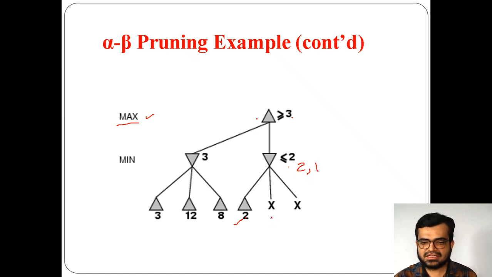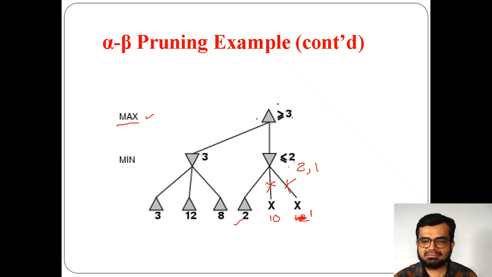Even if you have taken 10 here and 12 here, which is the minimum value among all of this? 2 is the minimum value. So there is no need to go to this node, because ultimately the result will not change. Here we are getting 2 even if you take any value. If you take 1 here instead of 12, which is the minimum value? 1. That's why it is less than or equal to 2. That means 2 or 1 will be accepted.